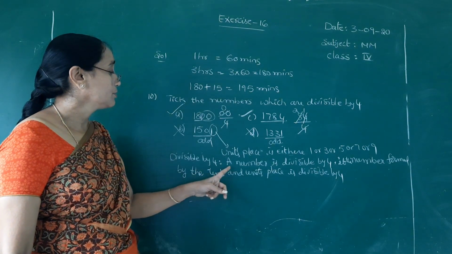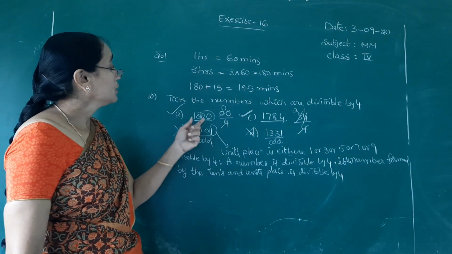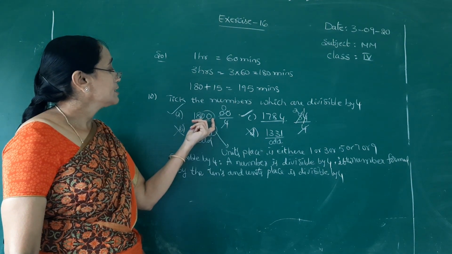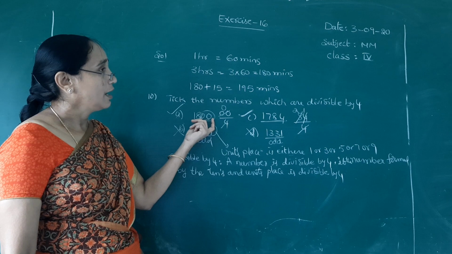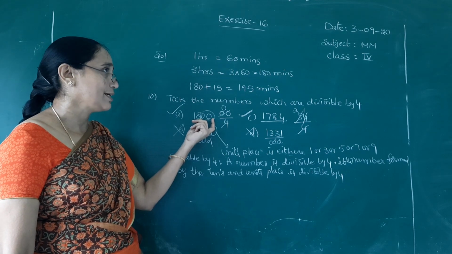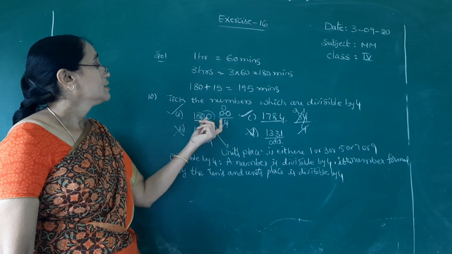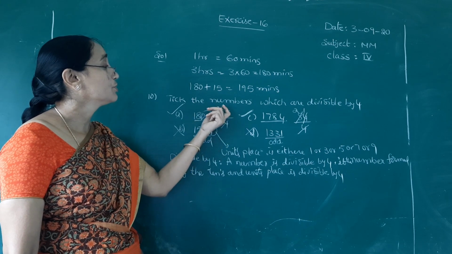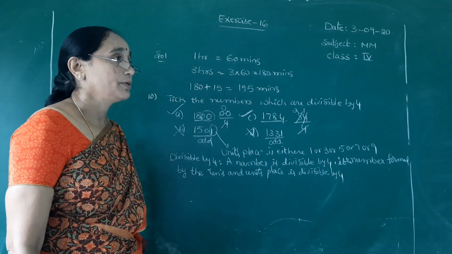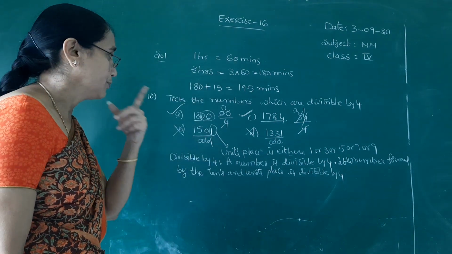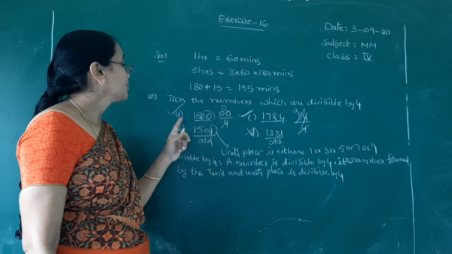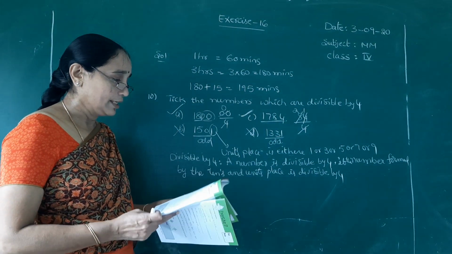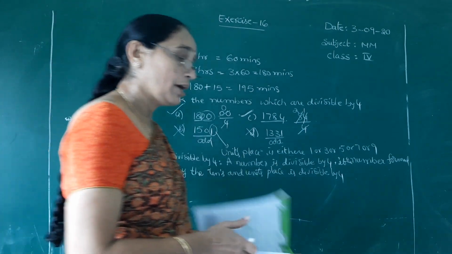What is the divisibility rule by 4? The total number is divisible by 4 if the number formed by the tens place and units place, the last two digits, is divisible by 4. Okay, see here the last two digits are 0 0, divide by 4, 4 zeros it will go, and 84, 4 21s are 84. So these two are completely divisible by 4. So today's class is completed, and I will send notes. You have to practice.